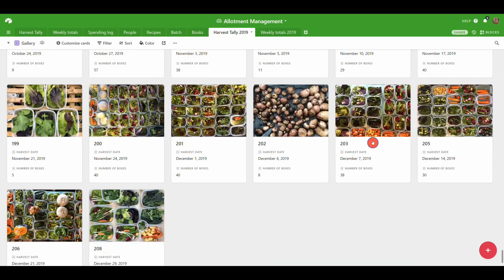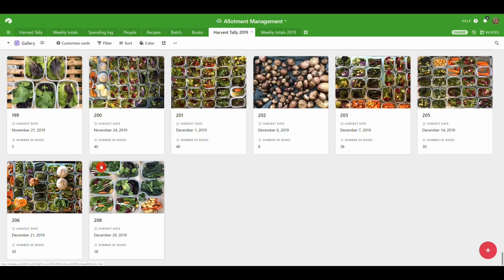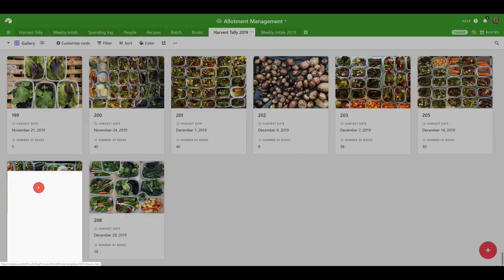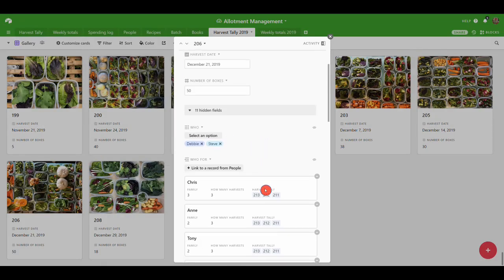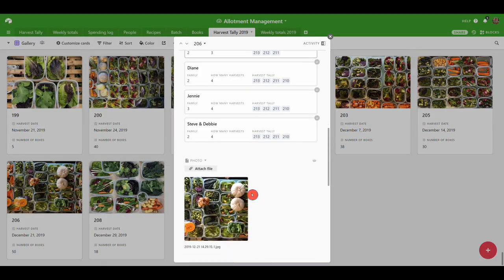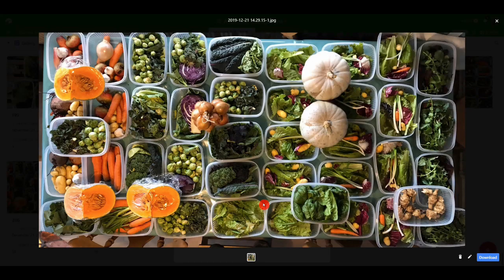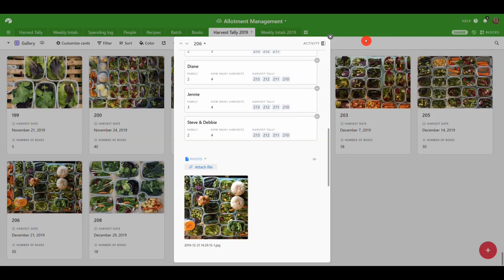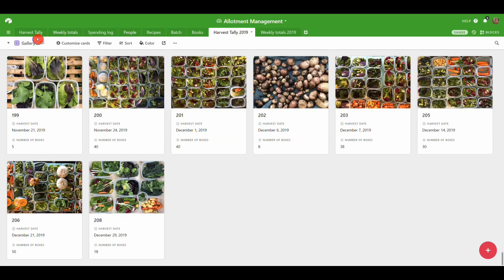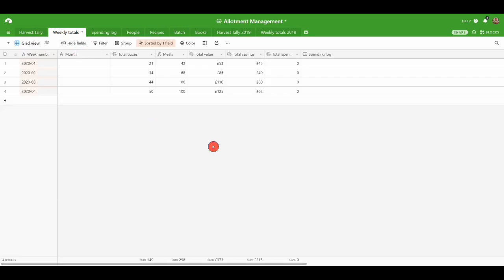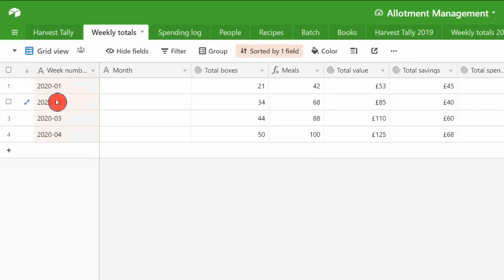So I think we're coming to the end of the year. That's it. That was our Christmas harvest there. So yeah, it's pretty nice, a harvest just before Christmas. So we've got, what else have we got in here? Anything relevant? Well, we've just got weekly totals, so this is a nice little feature that the database automatically adds